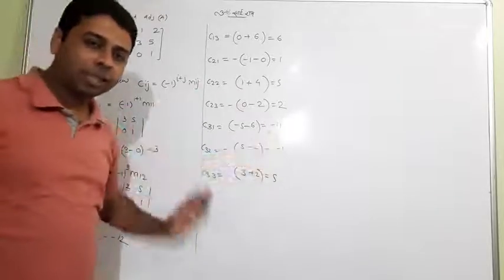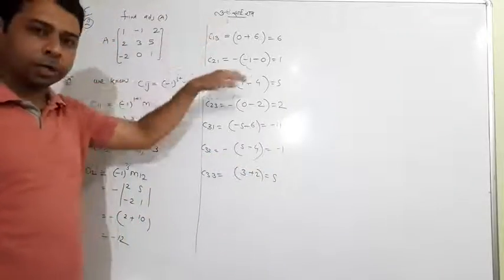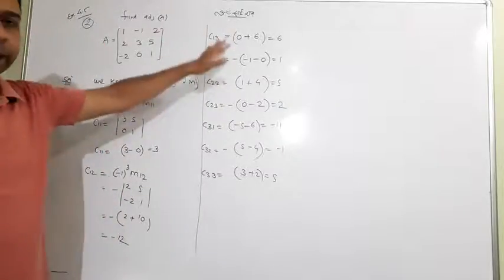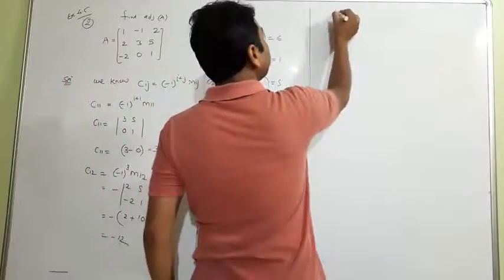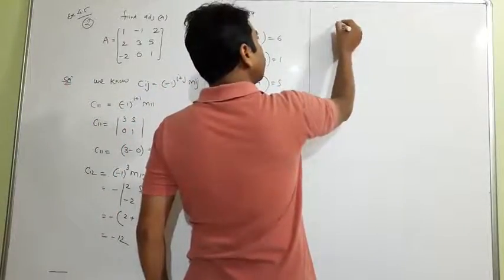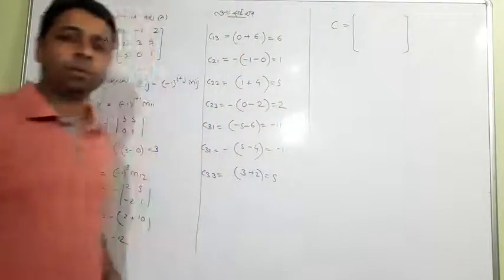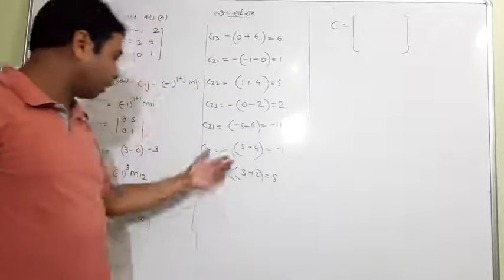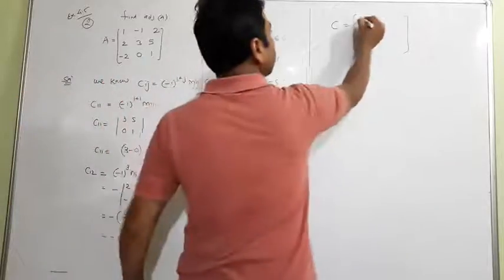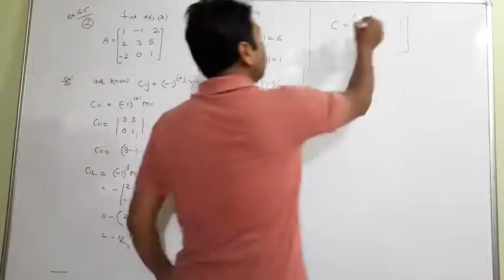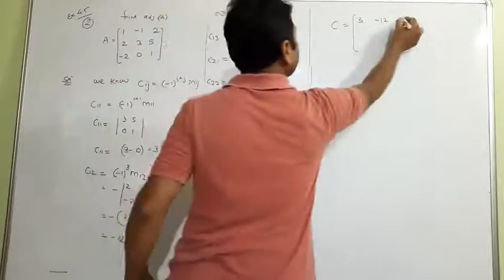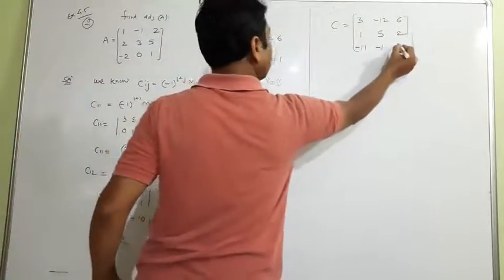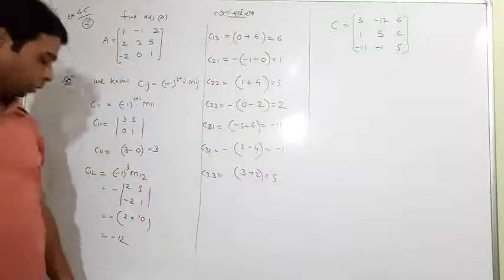So the procedure is a bit lengthy, but you just have to use a single line of work. You don't have to go with all the 3-line work. You can directly write like that. And further, what I have told, find your C. So what is C? C is actually another new matrix which is formed by the cofactors of these elements. So go on. C11 is 3, C12 is -12, C13 is 6. In a quick way we can write -11, -1 and 5. This is your C.